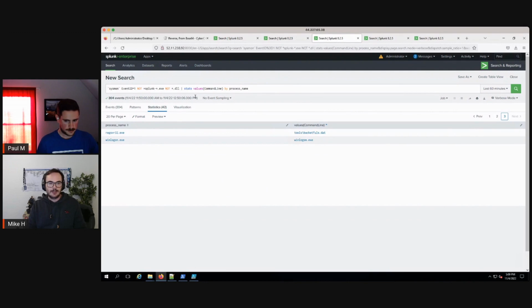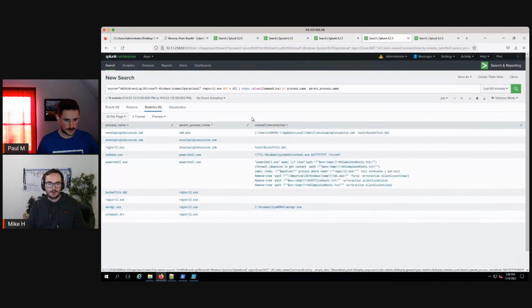Yeah, so I just kind of played with this one here, showing the regsvr32 loading up that DAT file. And I think I have one more. Yeah, maybe two more. But this one, here's the renamed regsvr32 loading up the DAT from the tools directory within the ISO. I actually thought that might be a really cool hunt, not looking for a path in here. So outside of a renamed binary,